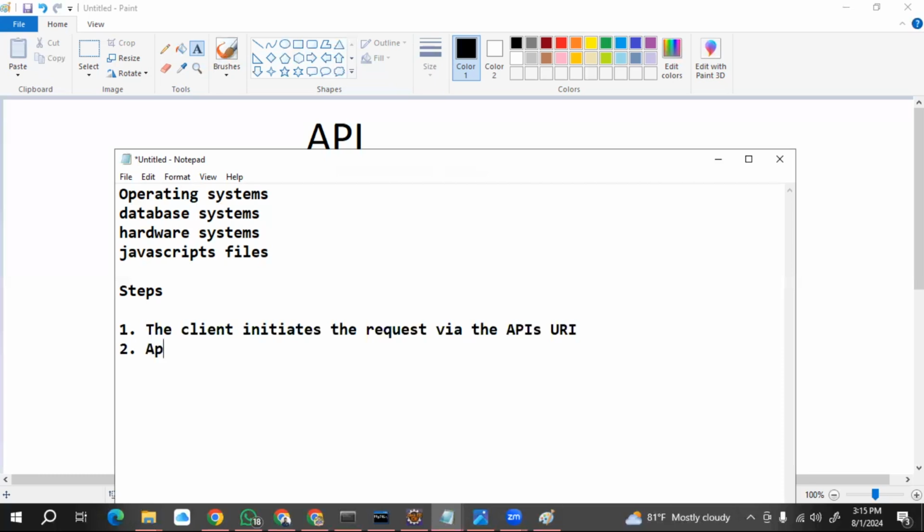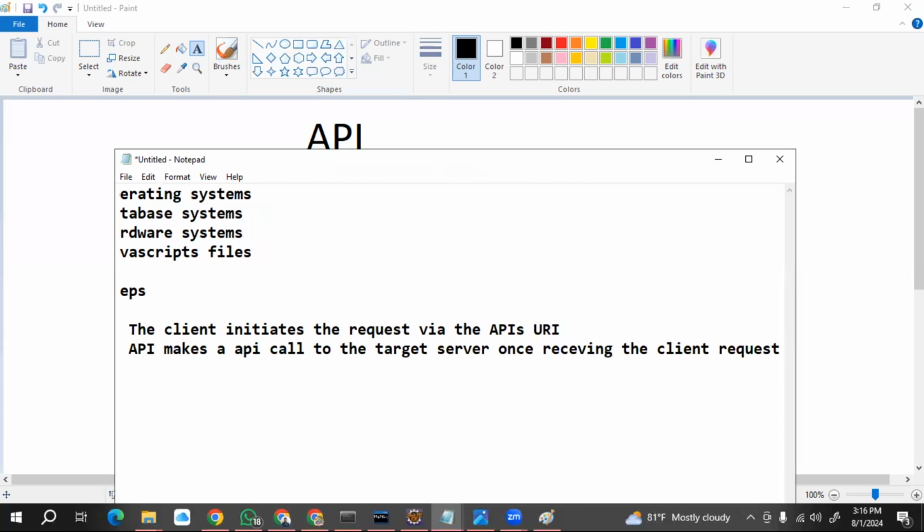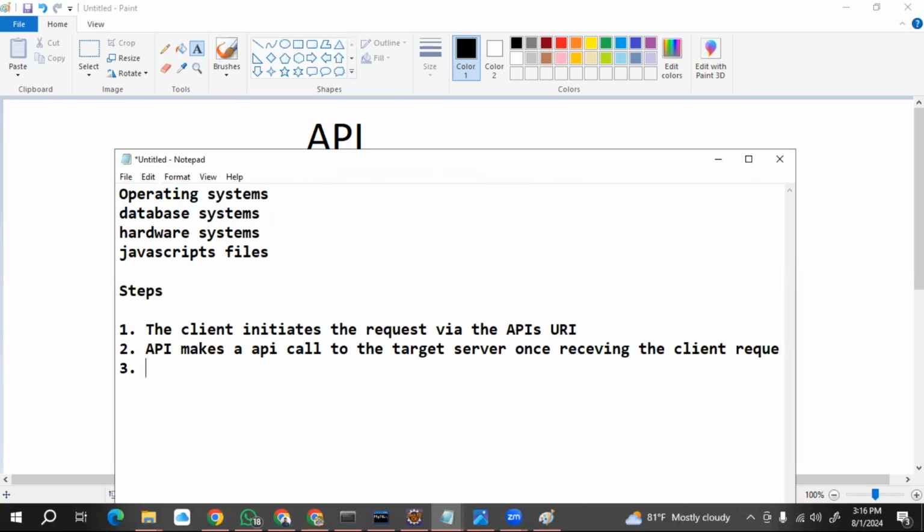Then the API makes an API call to the target server once it receives the client request, right? As the second step. Then as the third step, the server will process your data or your request